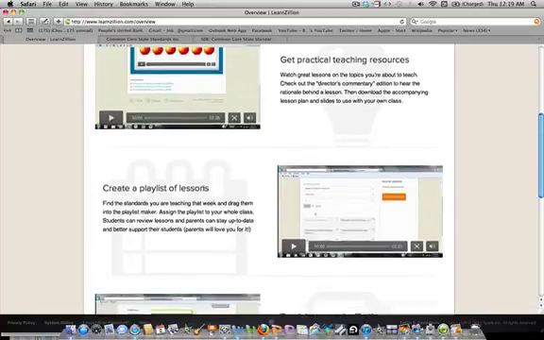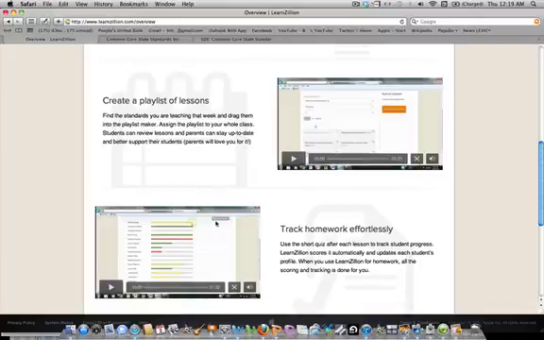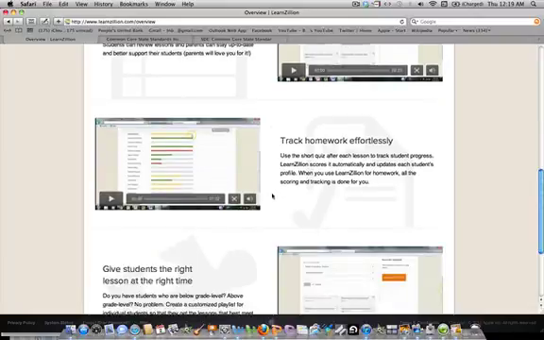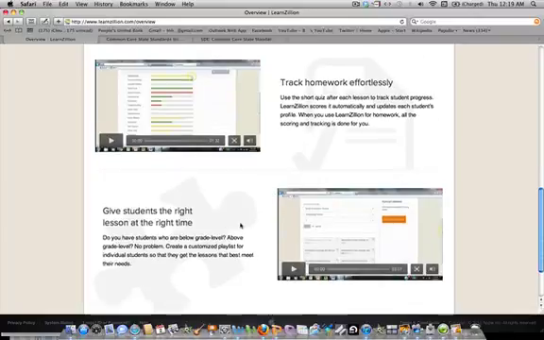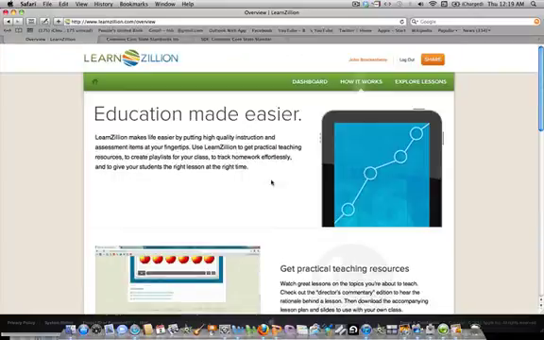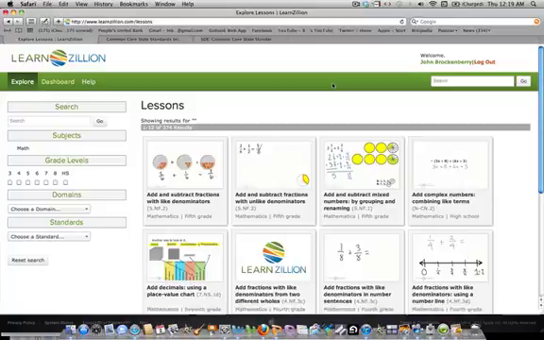You can organize your lessons. You can also use it as a tool to support your in-class instruction, in terms of having a way by which students can, outside of the classroom, access lessons for further reinforcement and for differentiation purposes. You can also customize and provide lessons that would help remediate and further strengthen skills in students. I'm going to go across to the Explore Lessons section and check out some of the things